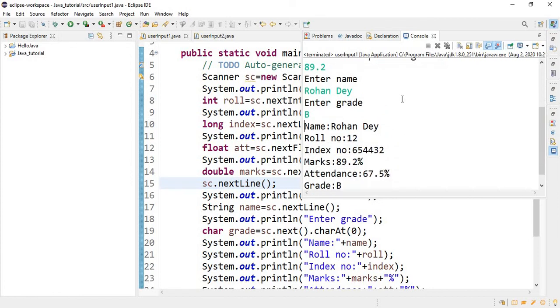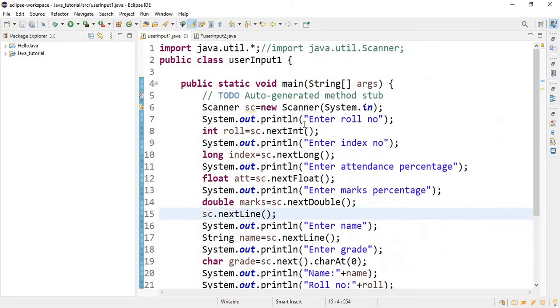So if we want to take an input which has a space, we have to use nextLine. But if we want to take an input which has no space, sc.next will be sufficient. But we must be careful of the previous dangling new line characters before sc.nextLine. So this was all about the Scanner class. Now we shall discuss BufferedReader.